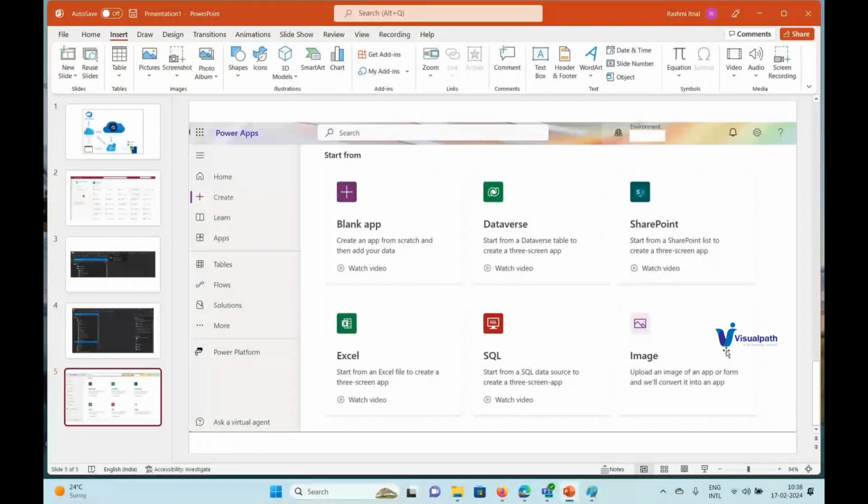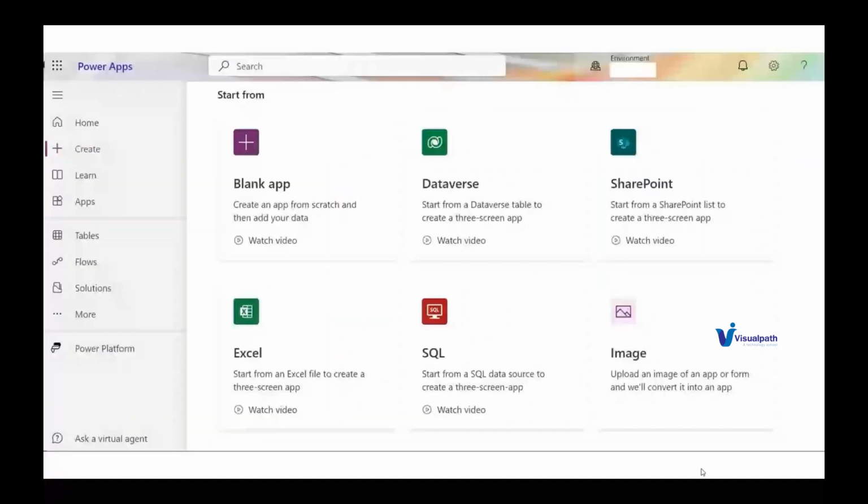Say for example, here I can show you, there are flows, right? So what are flows? Flows are nothing but, as soon as you pay your fees, a notification has to come to your mobile, or a notification has to come to your email. So that is handled by the flow.